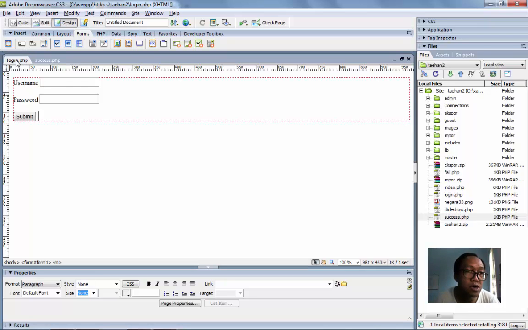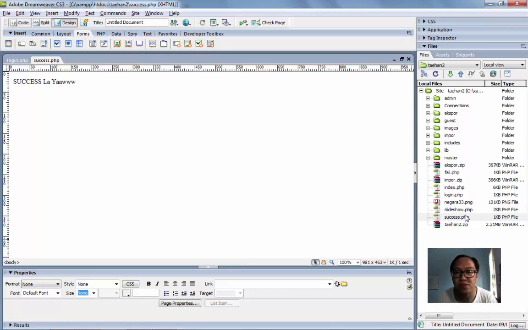If you log in successfully, you go to this page. But if you fail the login, you go to this page. Your login is fail, and then save it.